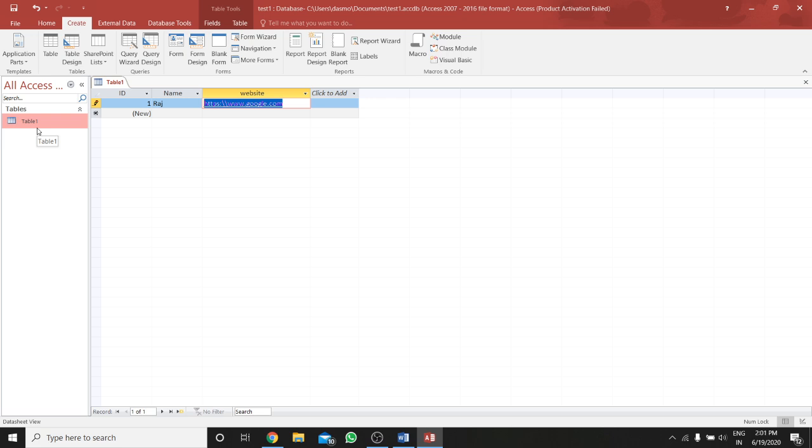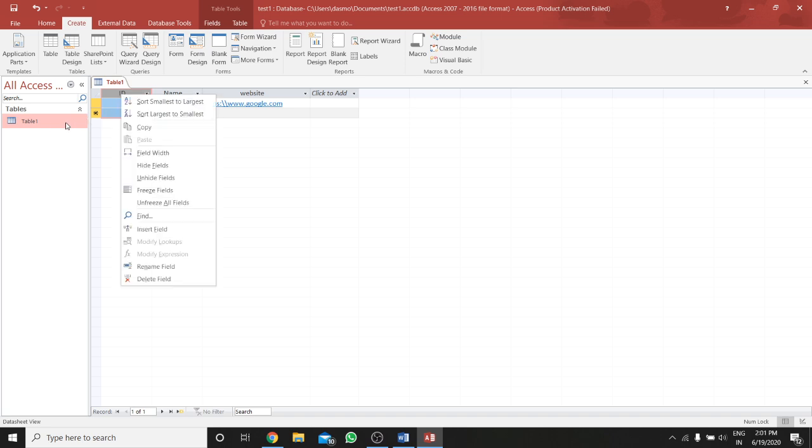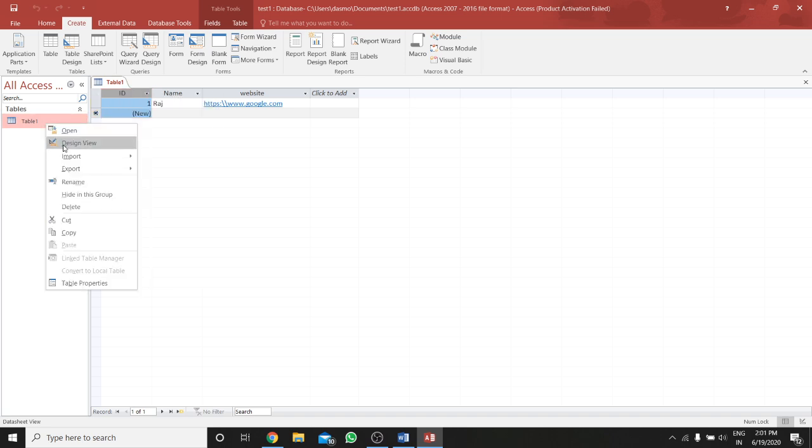Now I am showing how you can set a primary key. What is the rule for setting a primary key? First you have to select the field. When I open this table, I select a field, and let me open it in the design view.